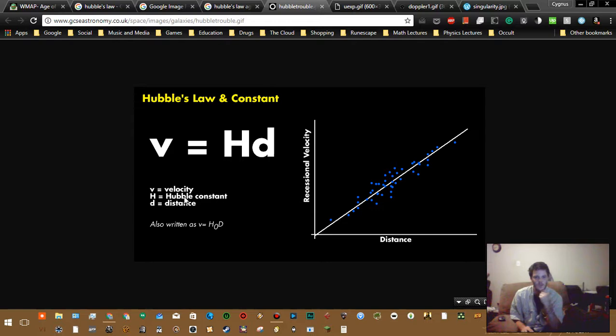That's that 71 kilometers per second per megaparsec value. And then you multiply that by the distance away from your center point, say here on Earth, where you are right now looking out at the stars. Every megaparsec away you go, things are moving 71 kilometers per second faster. Every 1 megaparsec. This is also called H sub 0,